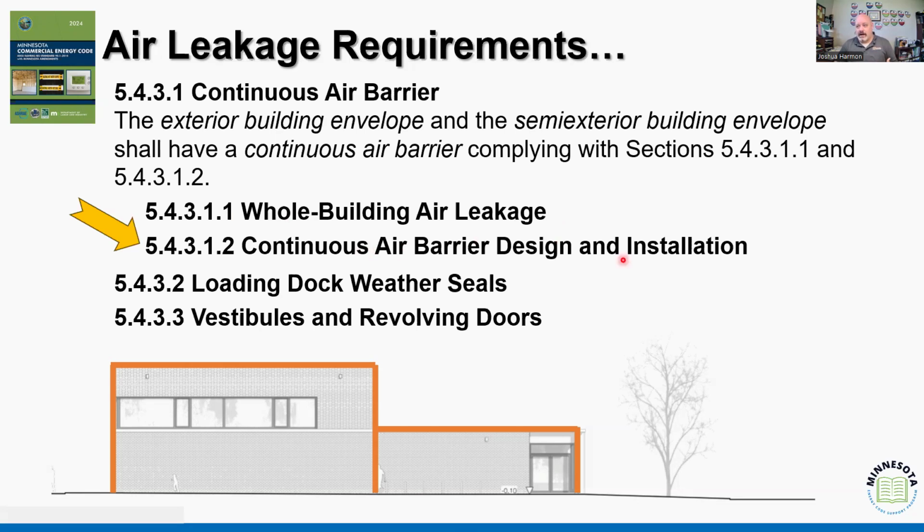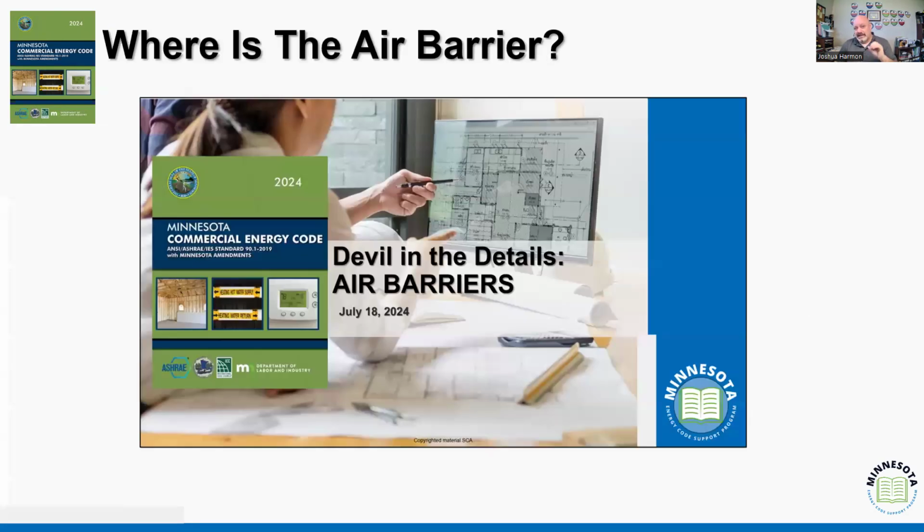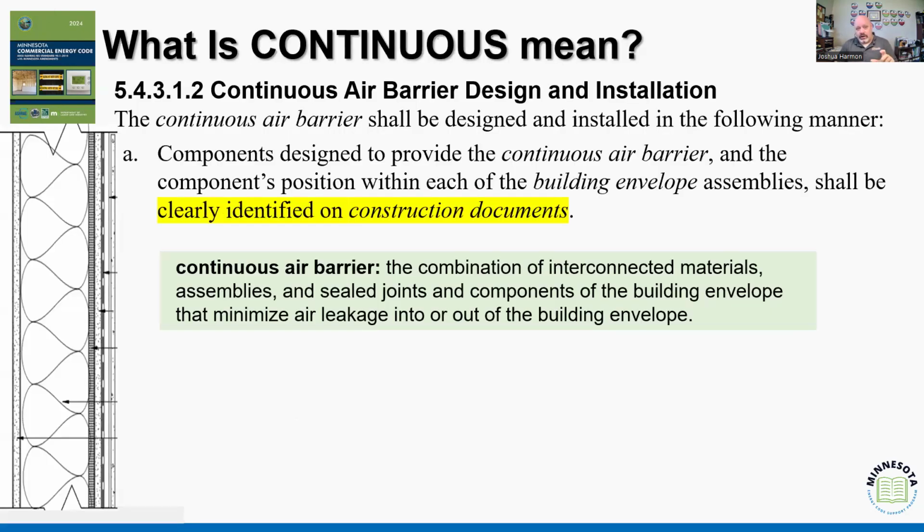It also says that we have to properly install it, which means that, again, we've thought about the joints, we've thought about the different barriers so that they are able to resist the appropriate types of wind pressure, stack effect, right, that we've designed it in such a way that it's going to be code compliant. Now, I'm going to jump through because we've talked about this before in that Devil of Details air barrier system conversation, not in July of 24, but we've talked about this to some degree before, so we're not going to really spend a whole lot of time on it.